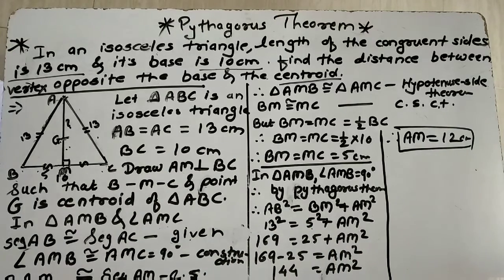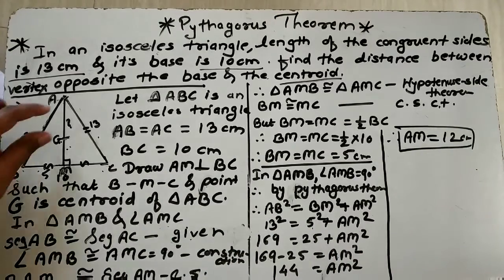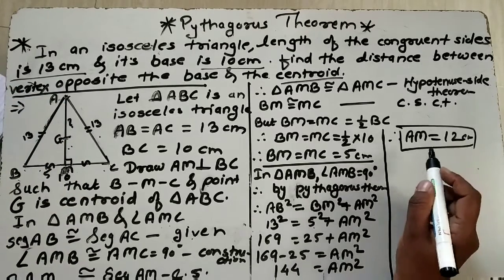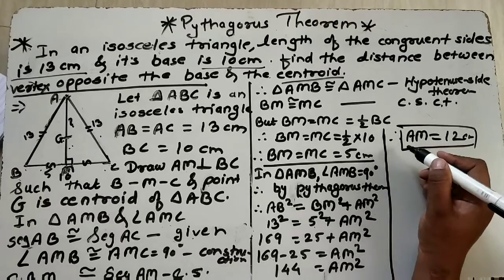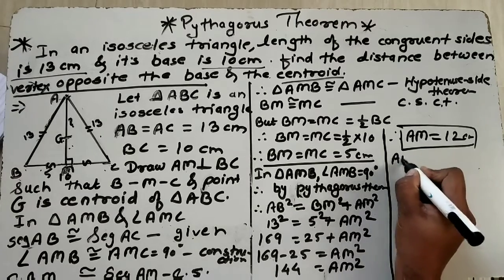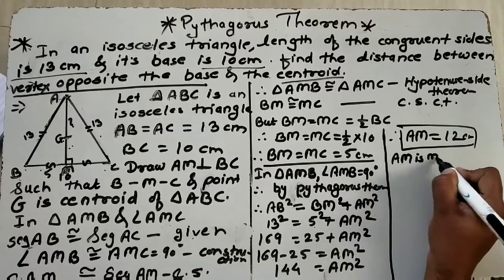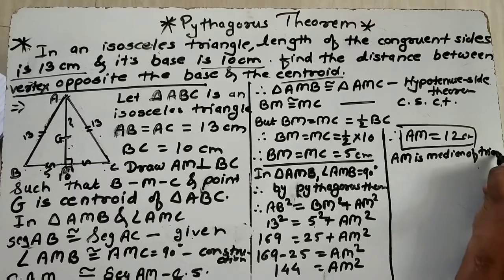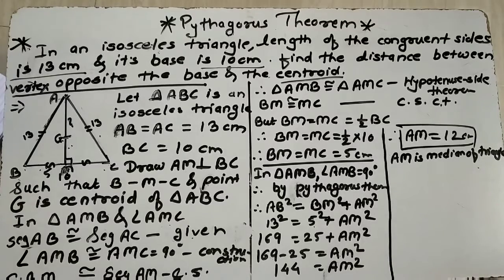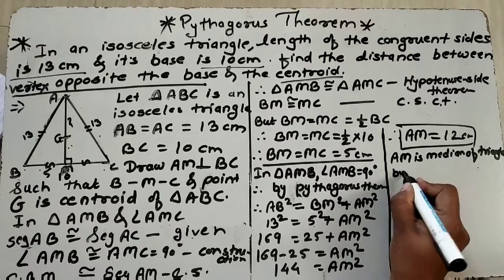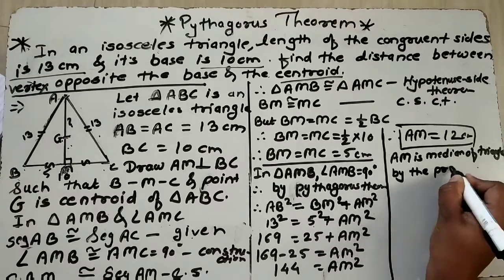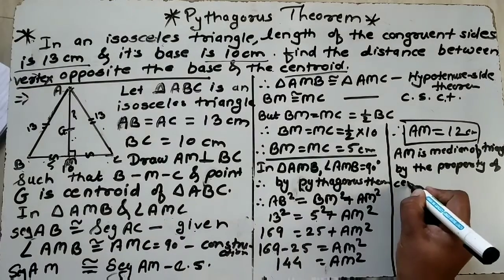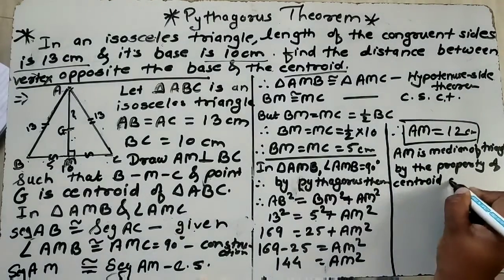Now after that we have to find out the measure of AG. Here AM is the median of the triangle. You know that AM is the median of the triangle. According to the property of the centroid of a triangle,